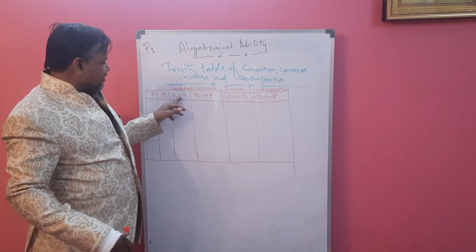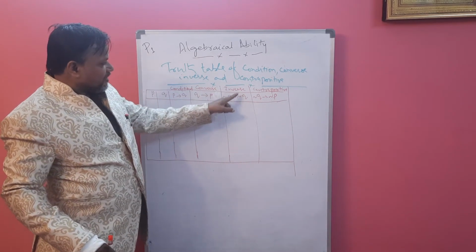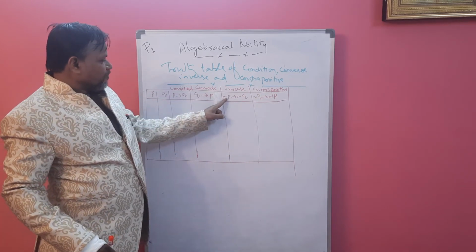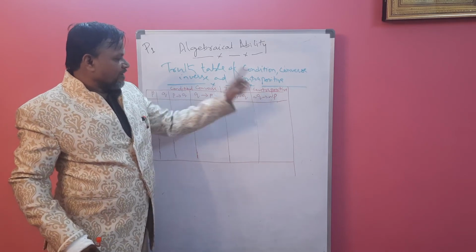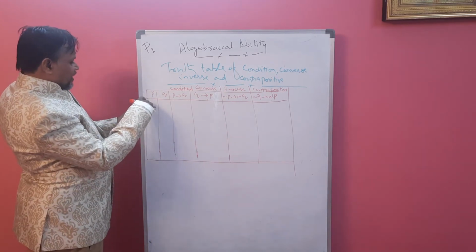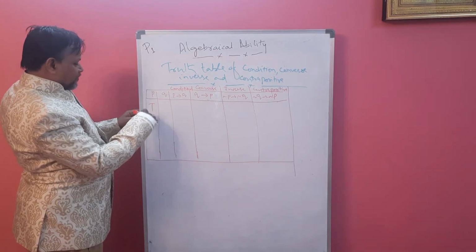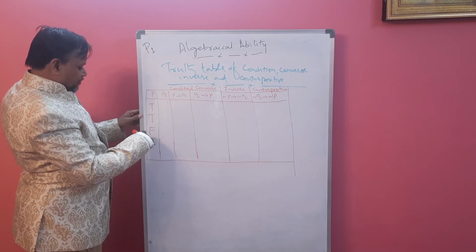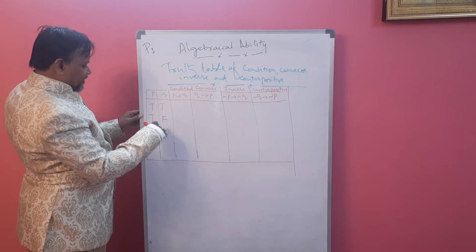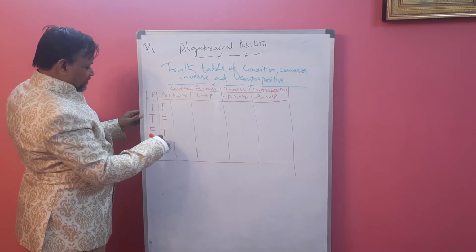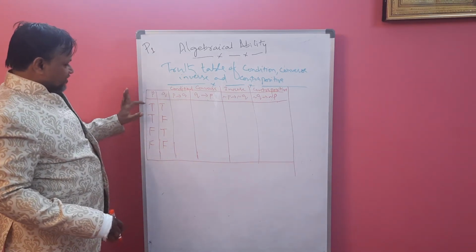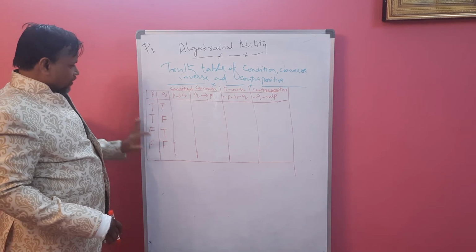So this is our conditional, this is our converse, this is our inverse, this is our contrapositive. P Q, Q P, negation P negation Q, negation Q negation P, all are in implies form. If two statements are there, we write here 2 times true, 2 times false for P. Alternately, we have to write here true, false, true, false. So this is the simple method to get total combinations.